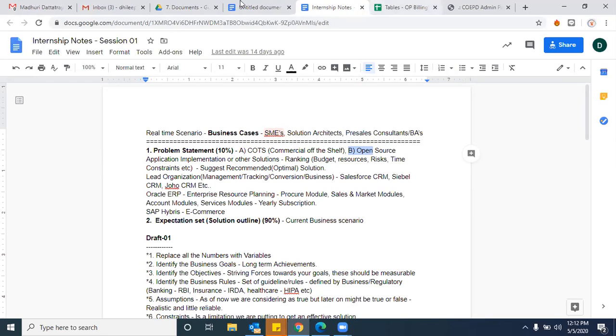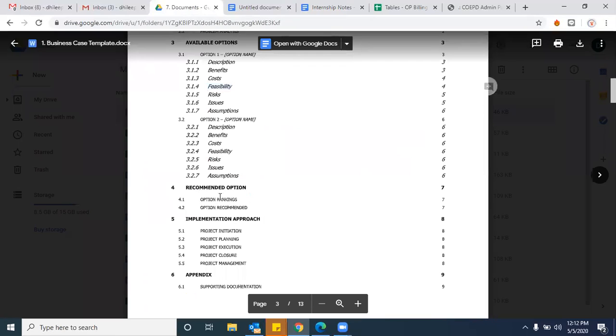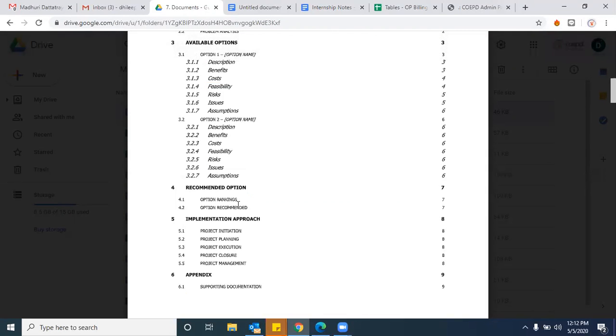Okay, so that is how the ranking will be provided. On that basis, we'll provide the ranking. It's not like any arguments or all these things will come in. Based on the rankings, which is more feasible, which is less feasible, which has more risk, which has less risk, we'll recommend the option with less risk, nominal budget, less cost always, and more feasibility, right or wrong? Yes. More feasibility should be there to provide that recommended option. If all these 4 or 5 elements are favorable, then we can recommend that option as more effective for the client business.